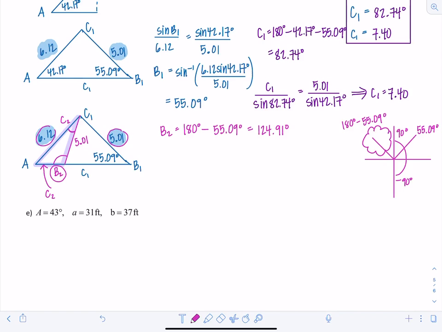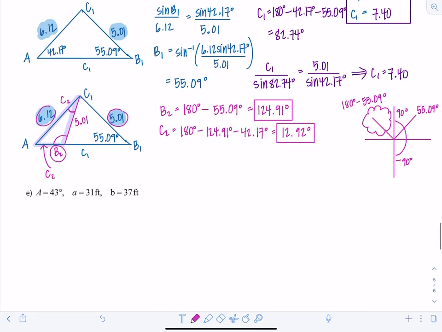Okay, so I have B2. You just have to do 180 minus whatever you got for B1. And then C2, you're just going to take 180 minus 124.91 minus angle A that they gave you, 42.17, and you get 12.92 degrees. Very small. So the only time I need to use the law of sines is at the very last step